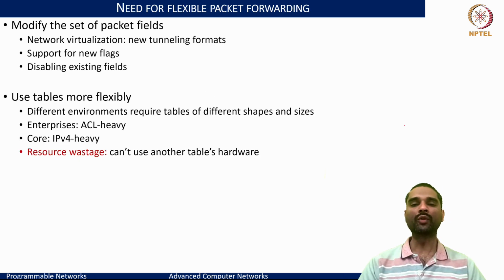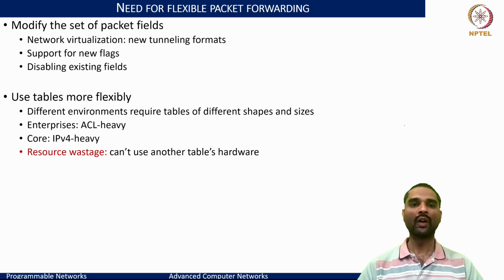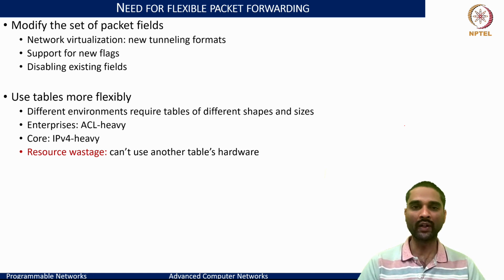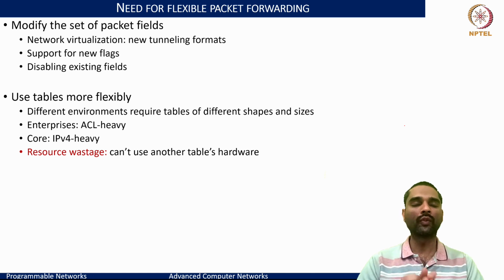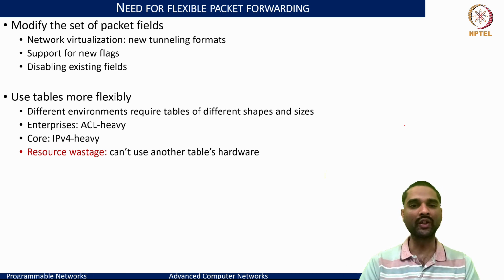And what this would bring is provide us the core flexibility for doing how to do the packet forwarding and what kind of packet forwarding we want to do. And the reasons are quite simple. If I want to modify the set of packet fields, especially when we thought of network virtualization and overlay networks, it called for a lot of tunneling formats. Like we have NVGRE, VXLAN, and so many others: ETH in ETH, IP in IP, and so on, and STP. All of these need to be supported.